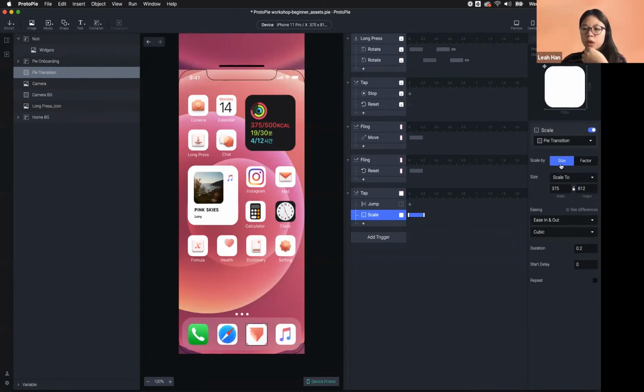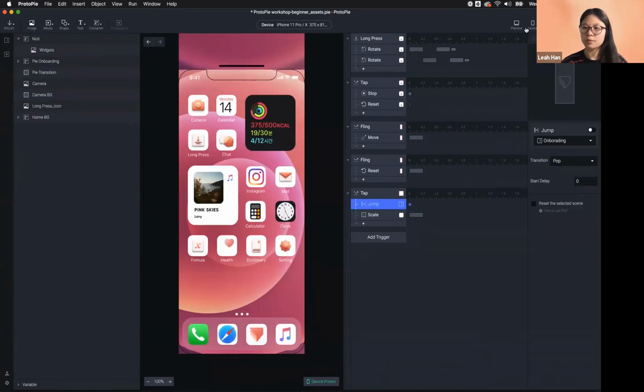So maybe you have a question, what's the difference between scale by size and scale by factor? The factor here is not exactly the number of your width or height. It is a double, so you can set the ratio of your size. For example, the basic one is 100, but if you change it to 200, that means